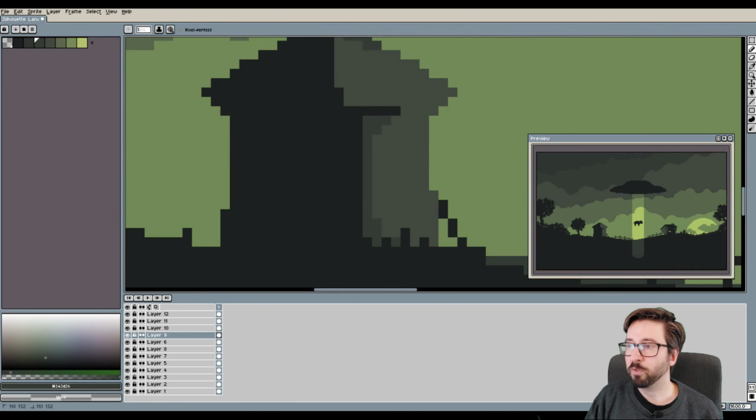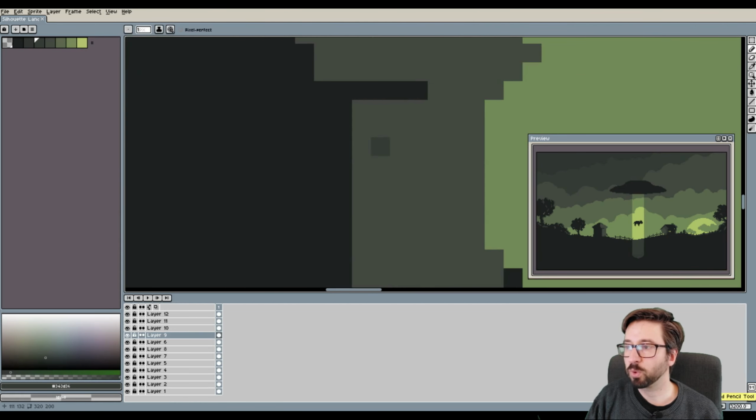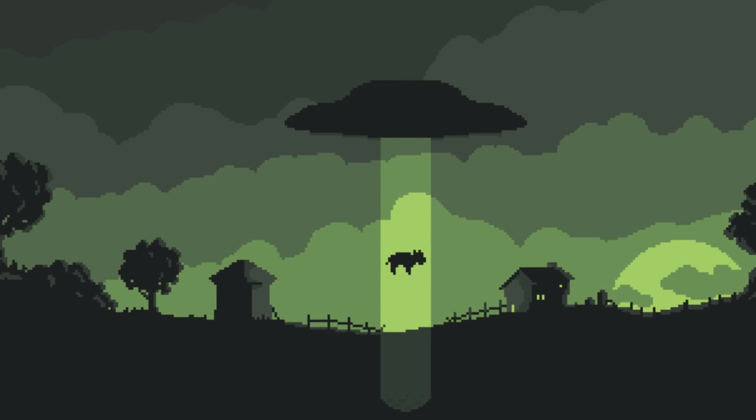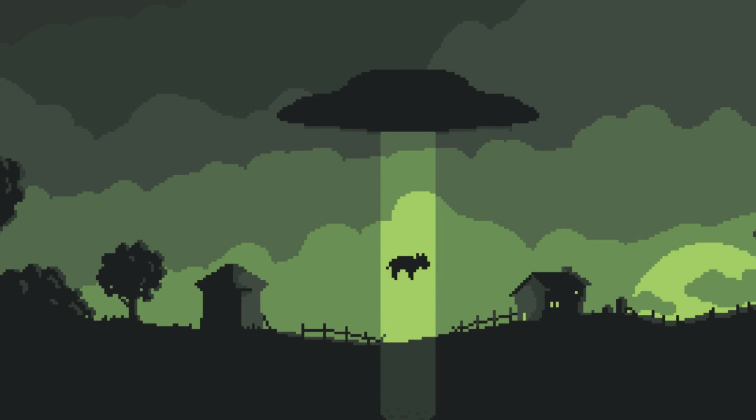And you could do the same for the trees, but I figured at this point this was good enough as a demonstration and as a piece as it is. And I think it works as a scene in itself, as a still image. It conveys a little story, but it also kind of now asked for the flying saucer to be animated and actually pulling in the cow from the fields and to make this an animation. So I did that too, and if you're interested to see how this turned out, then you can watch this video next.